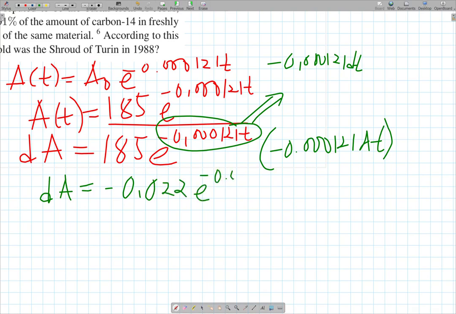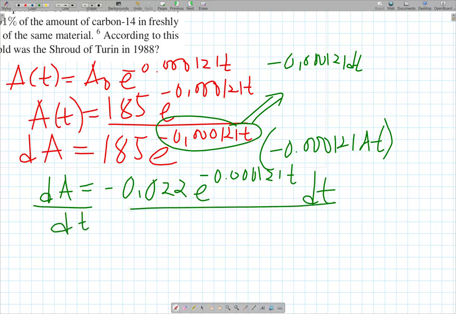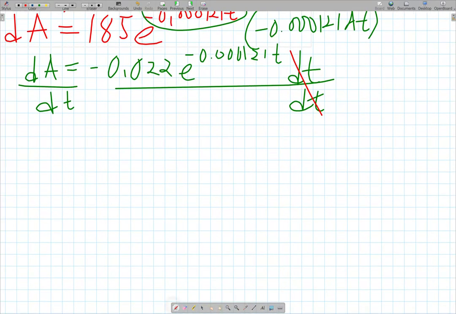Negative 0.0000121 T dt. So I am looking for dA over dt. I have to divide this one by dt, both sides. So we can cancel out dt. So ang naiwan class dito ay dA over dt is equals to negative 0.022 E negative